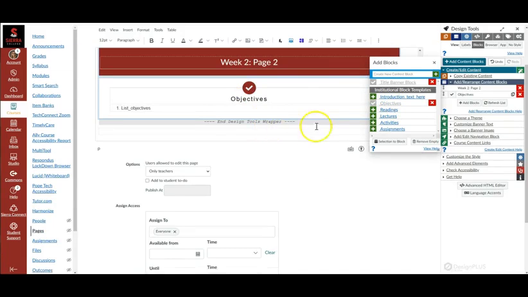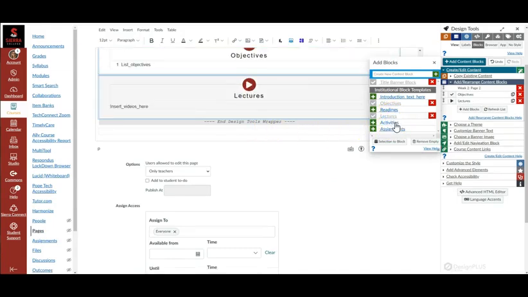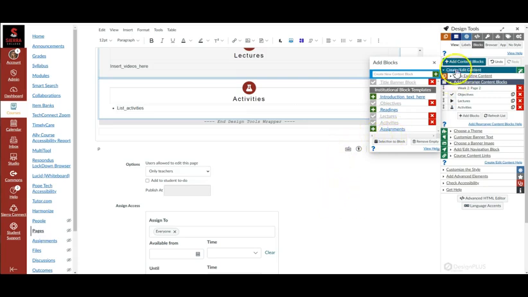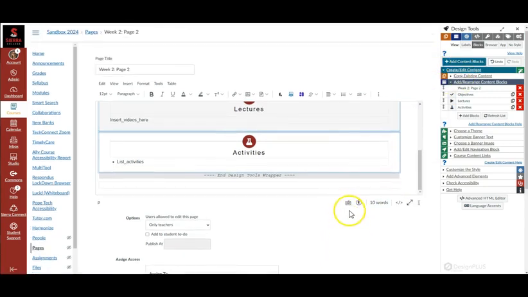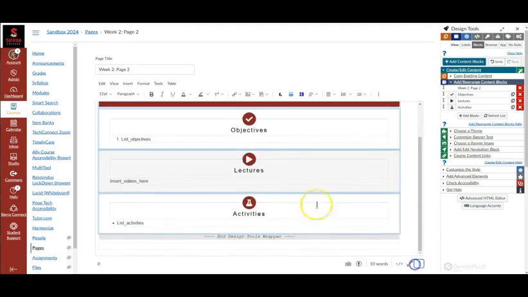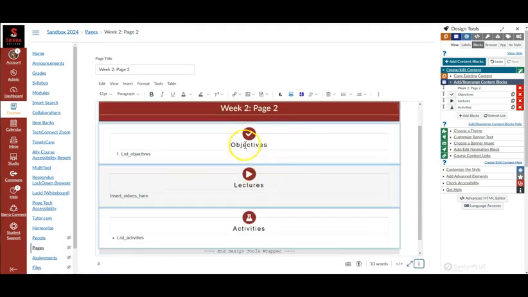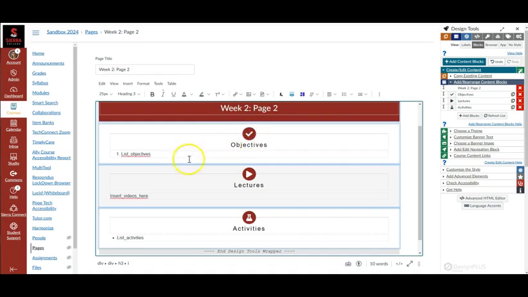So we could add objectives, we could add lectures and activities, whatever you would like to personally have on your page. And then as you go, you could change these objectives, you could change the icon up here. You can add some objectives, recognize the difference between,